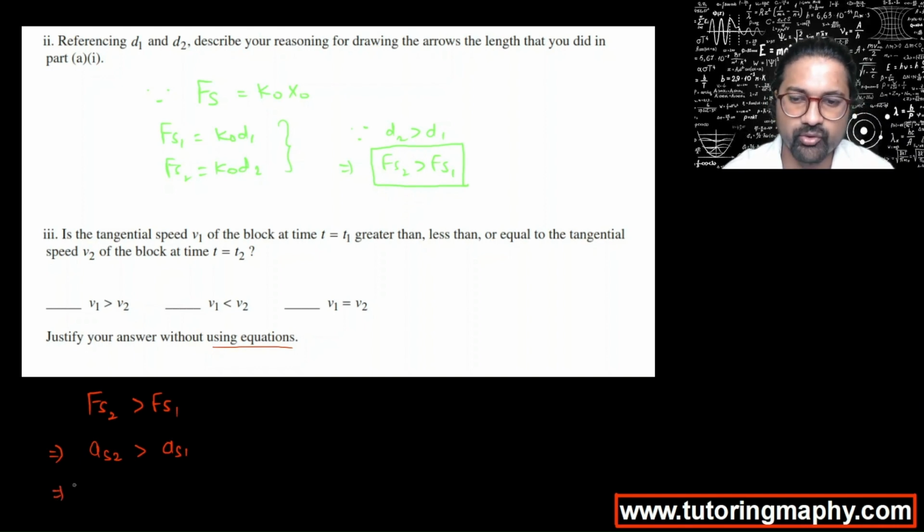So if acceleration is more, obviously it makes sense that the velocity should be more, or angular acceleration or angular velocity, everything leads to velocity being more. So this is a very straightforward description without using an equation. So the way you're going to write is